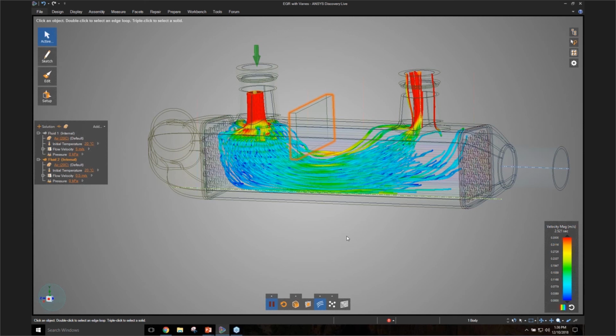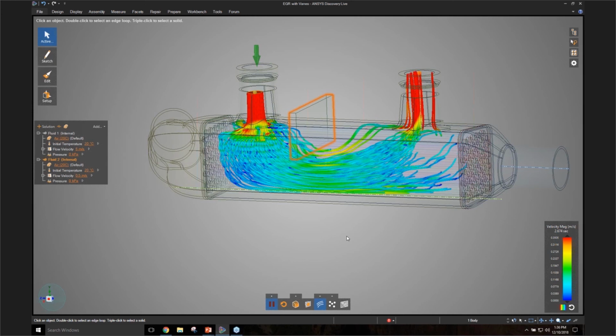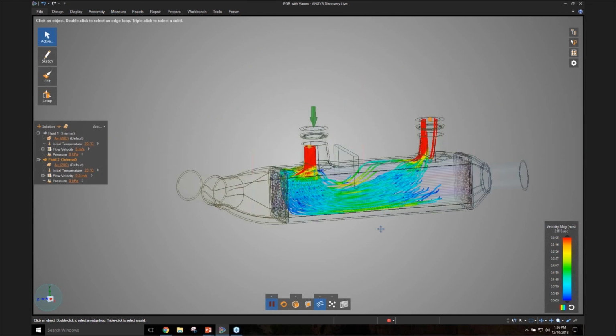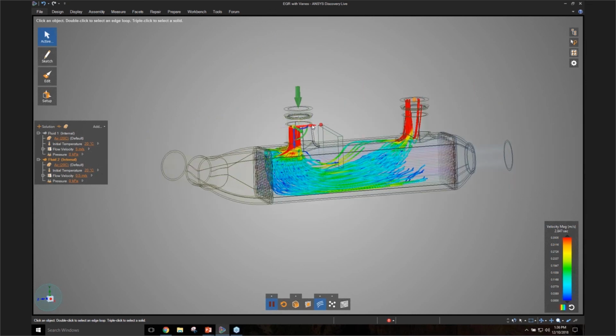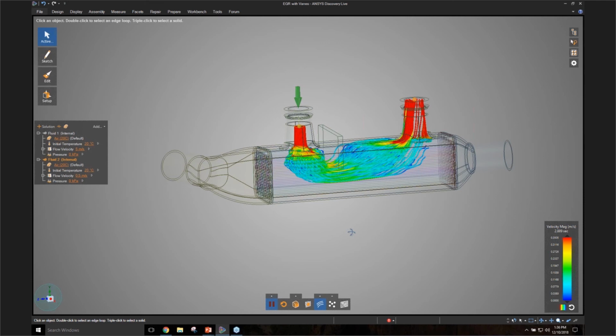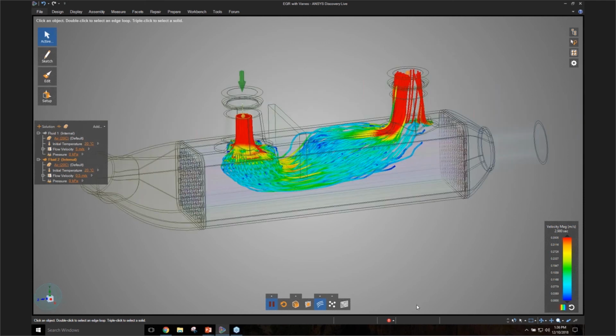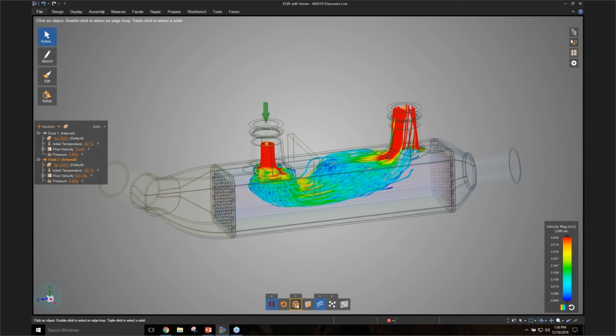Once again, just design exploration to allow you to think of ideas, evaluate it in seconds, and then use this knowledge to make a detailed design in your CAD system, and then send it over to the expert. Okay. So that's pretty much it, guys, in terms of my demonstration. Hopefully, I've shown you many examples of how we think Discovery Live can be used in the design process. And this gets you thinking more about how you might use this in your